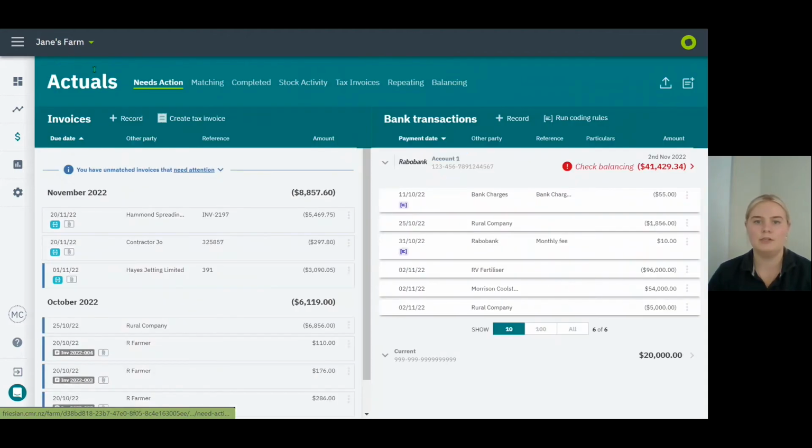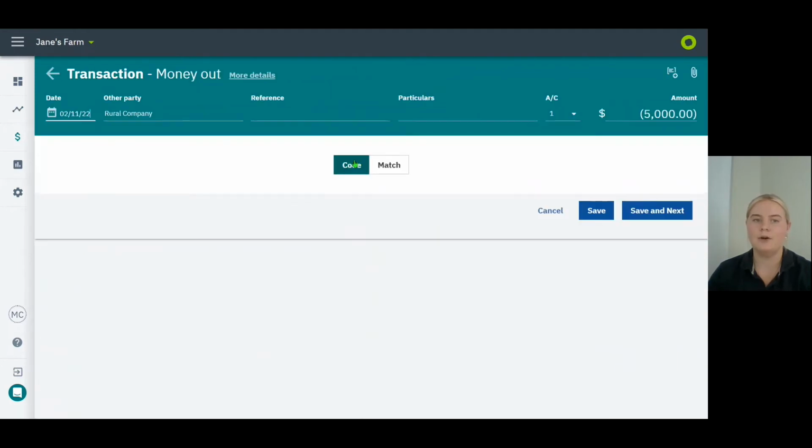Head back to needs action, and we've only got a few transactions left. As I was saying before, you want to do all your coding on the left and match them to bank transactions on the right. But for those transactions where you don't have an invoice, good examples are your bank charges or your account fees or things like that, then you can just manually code them on this right-hand side once you've done all that other matching. So to manually code a bank transaction, you'll just click into it, select code,